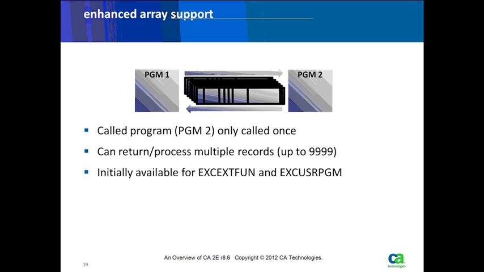Initially, this functionality is available only for execute external function and execute user program, and that's due to some limitations that we originally set on this functionality. We are looking at adding this functionality to other functions, but when we brought it out, we wanted to limit ourselves to see how well it worked. These seem to be the most obvious ways to do it. If you're going to do something like web services, or indeed any processing where you're calling a 2E function from outside the 2E model, then these two function types are the two you'd be most likely to be working with.